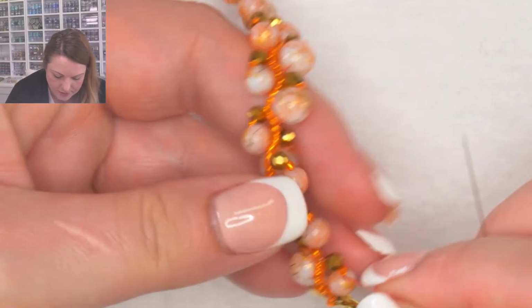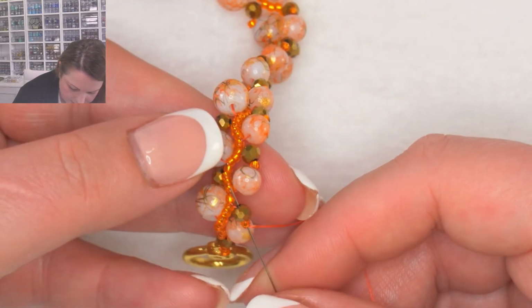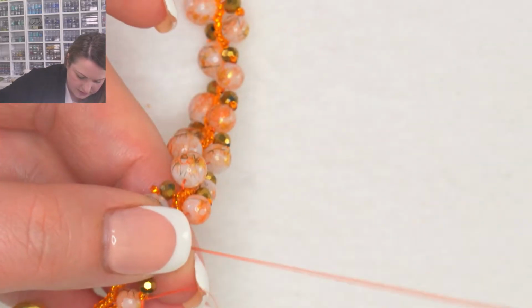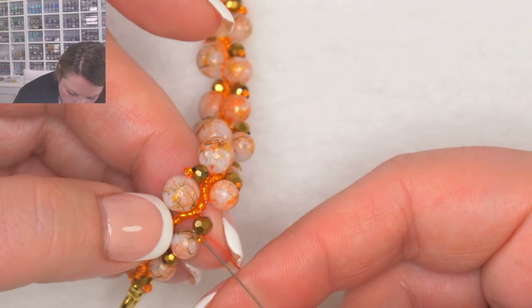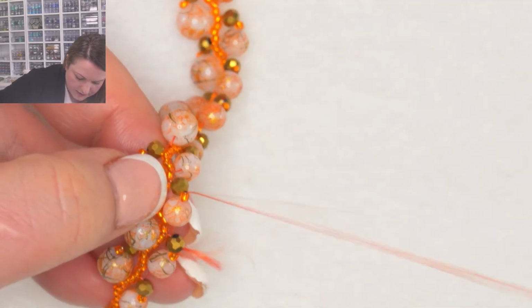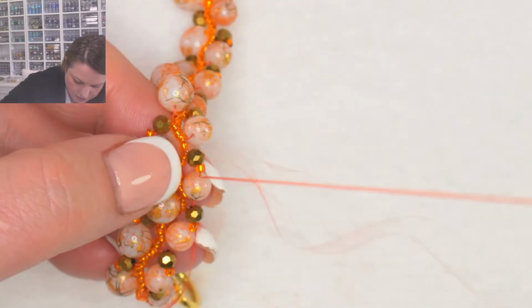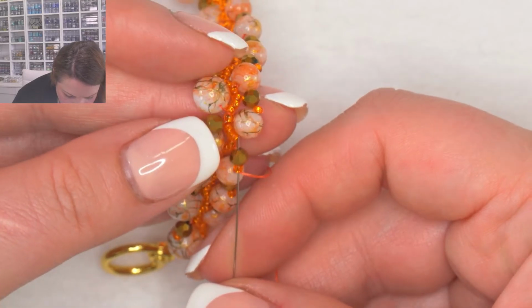So as I'm coming out of that glass bead, I'm going to go into the seed bead in front of me, then the crystal. I'm going to go into the next unit, the glass bead and the seed bead and crystal in the next unit as well. Now when I do this, I'm just running along at the top part of my necklace and sewing these beads together. This is going to curve your necklace more, but don't pull it very, very tight. Don't hold a very tight tension, because once you get to the other side, you can always pull on a thread and make it more